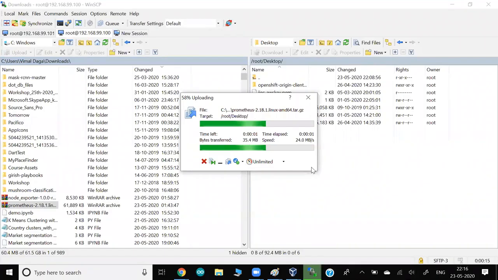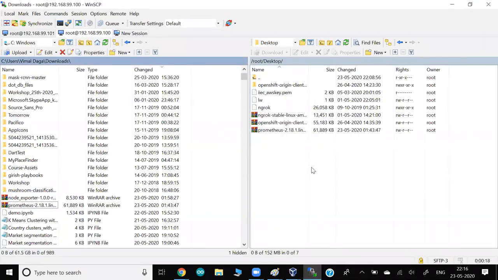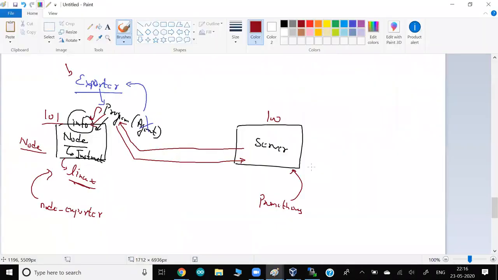Those of you who don't have two operating systems can use a single OS for both. On one single VM, you can run the Prometheus server, and on the same VM you can run your agent, meaning your exporters. You can do this practical also, but I just wanted to create a realistic scenario. That's what I'm doing here.